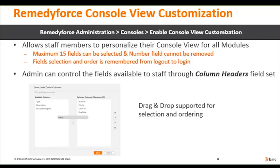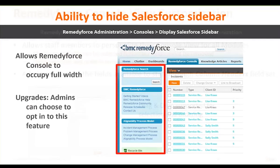I mentioned the ability now to hide the Salesforce sidebar, and this is something that could be done previously. However, it required going into Salesforce and changing multiple settings, and it was a little more complicated. What they've done with Winter 17 is now incorporated that directly within the RemedyForce admin page, so that the administrator can go in and selectively choose whether to enforce that console sidebar to be open at all times,